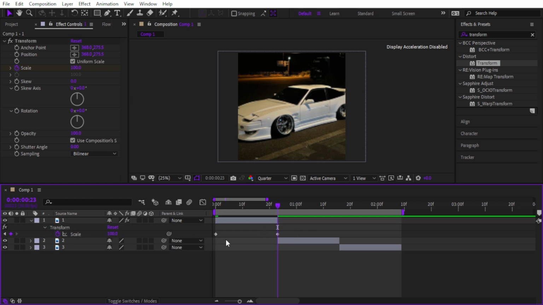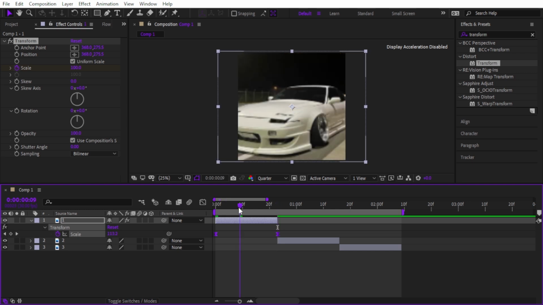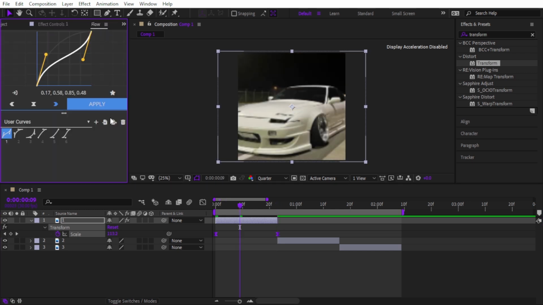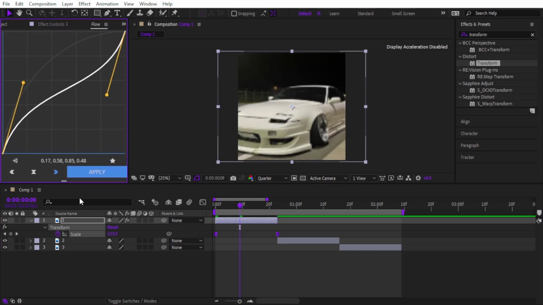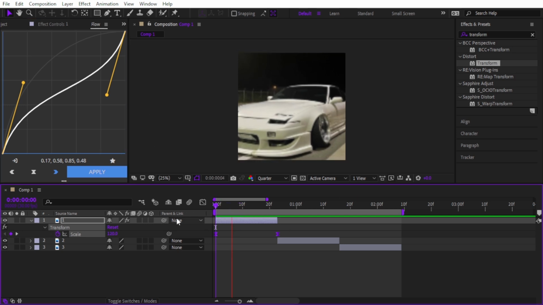Now select both of the keyframes and press F9 on your keyboard to ease them. Next, go to graph editor and copy this exact graph. Okay, so let's see. Yeah, this looks nice